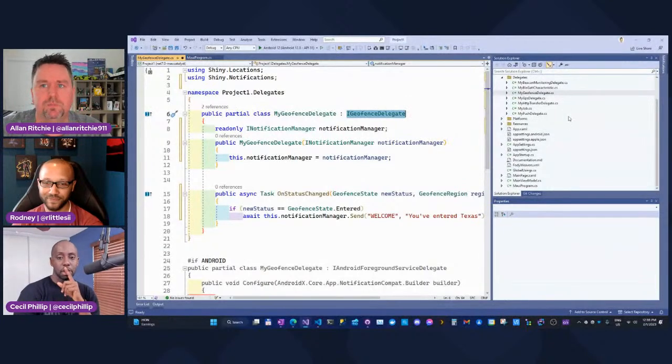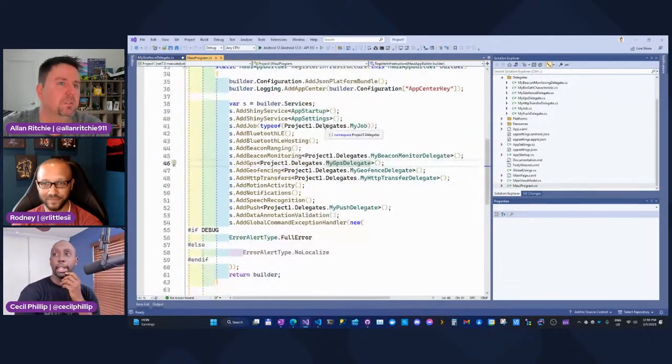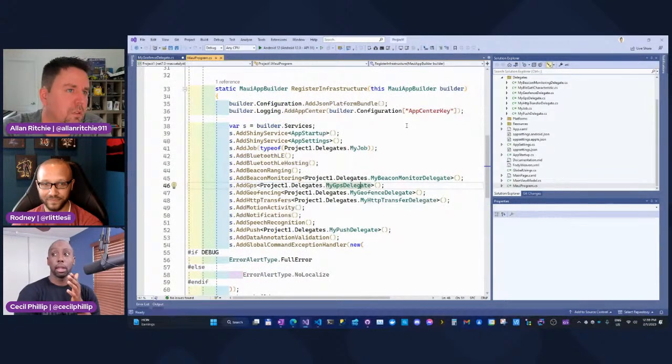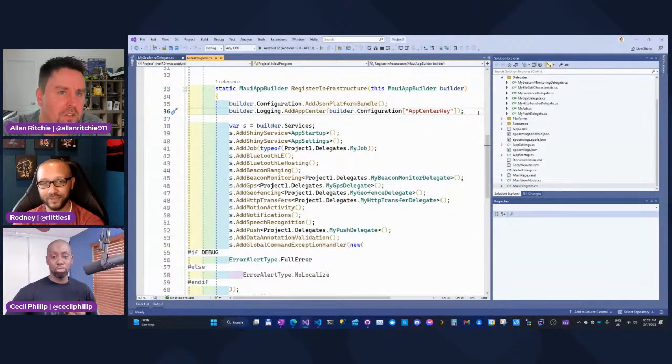So you'd mentioned when you first started talking about these delegates that the onStatusChanged function is wrapped inside a try catch, and that you'll send the logs or the messages wherever they need to go. If I'm building locally, is it just a case of registering something that works locally? As an example, if I like to use Seq, is it a case that instead of App Center, I just register a local endpoint now? Because I'm just thinking, if these errors are firing and for whatever reason I'm not connected to outer space, and I just want to build locally and not send stuff to the cloud, is it just a matter of me registering a different endpoint for that?